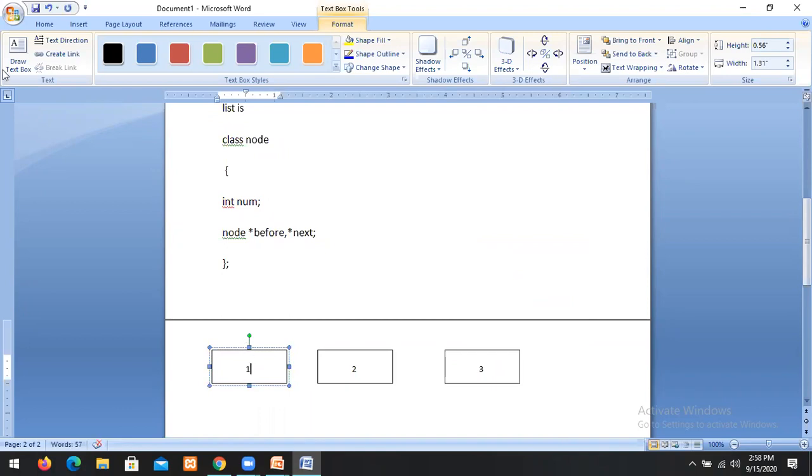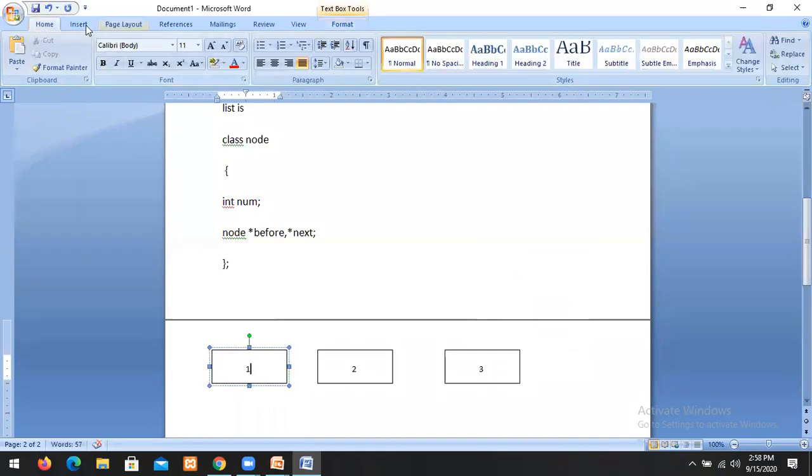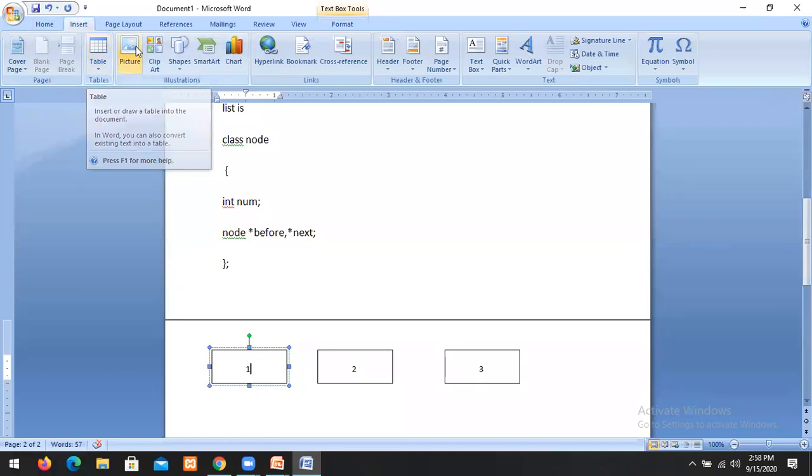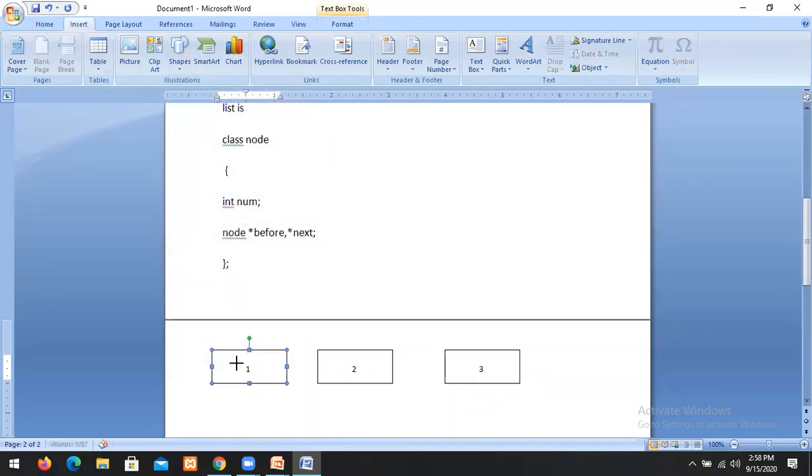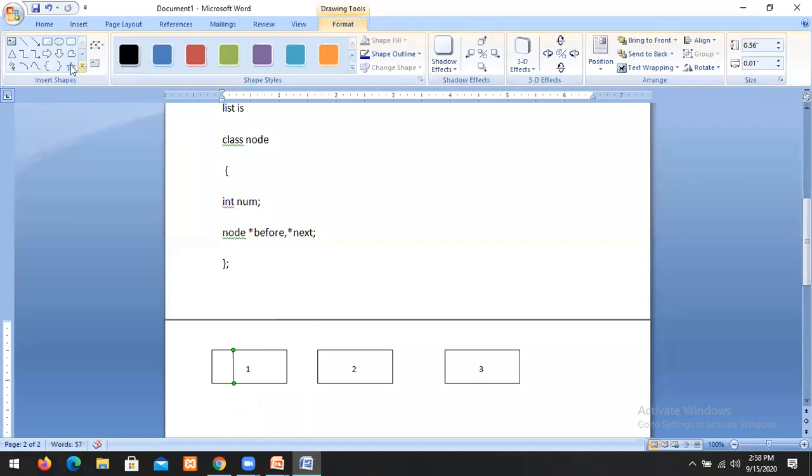We have three numbers. These are the pointers. Each node has three fields: two pointers and one data member.